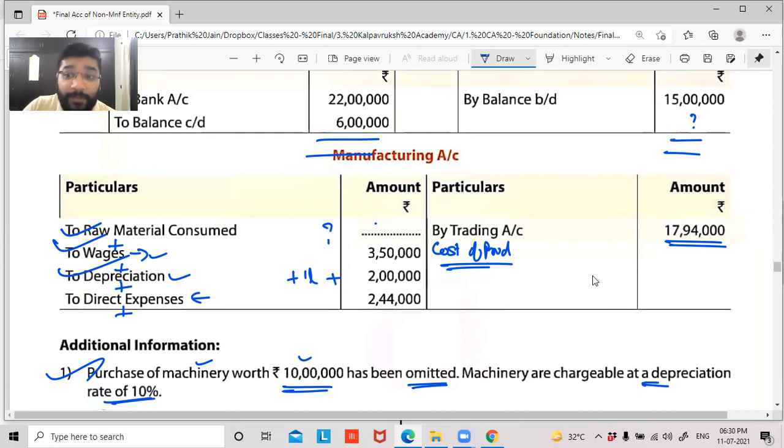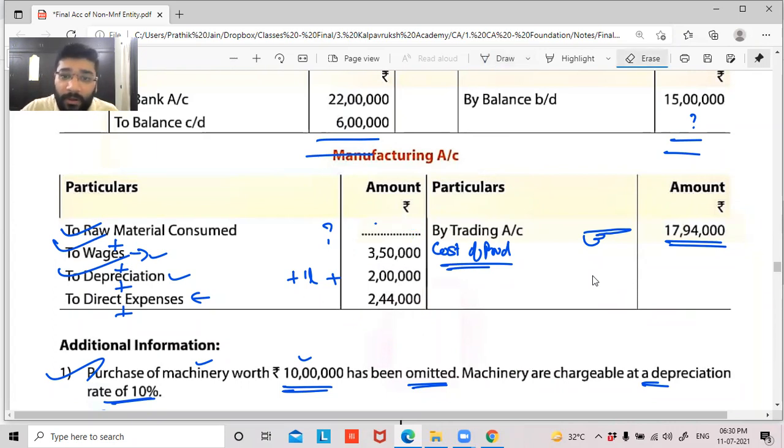Yes, sir. So when they calculated this cost of production, they very well knew what the raw material consumed was. So when this question was given to us, on purpose they have deleted raw material consumption to check whether we are capable of doing the reverse working and solving this question. So guys, the 17,94,000 is coming by adding all this. Do you all agree? In that there is no change, right? Are we on the same page? The 17,94,000, which is the cost of production or the manufacturing cost, is coming by adding all these four items. Yes or no?